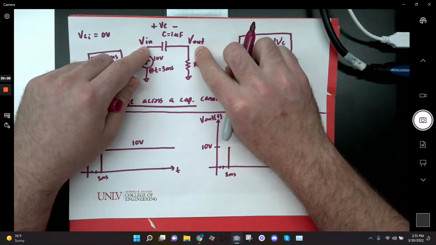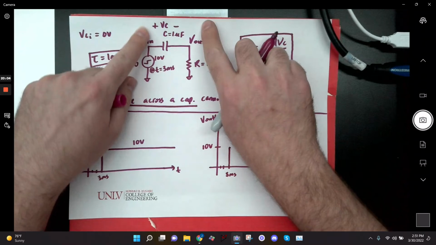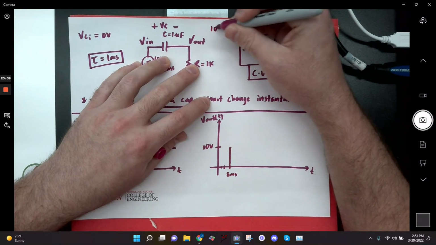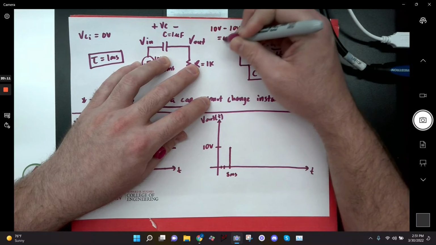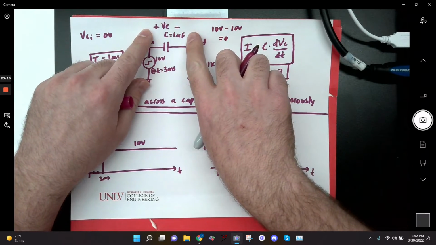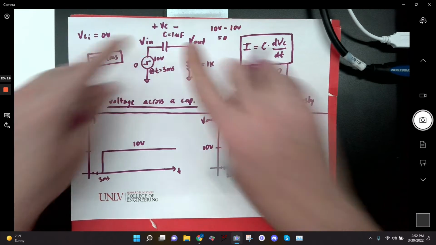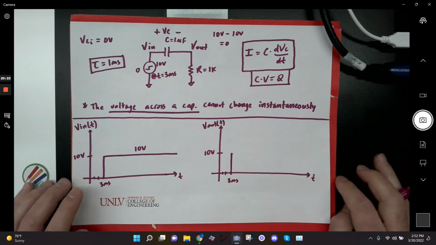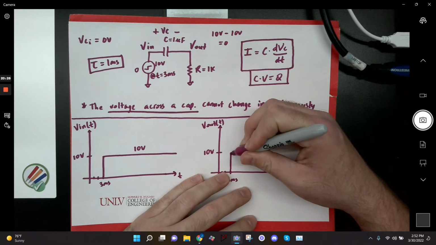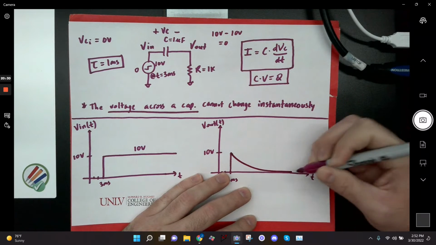And the reason it's going to do that is because now at this instant, my voltage across the capacitor is still 0, right? This node went up to 10. This node went up to 10 with it, right? So the voltage difference there is 10 volts minus 10 volts, which is still 0. That's okay. These nodes can move instantaneously. The difference across the capacitor cannot, because that would mean we dumped charge on the capacitor in an instant. Okay? And so now what starts to happen is the V out node will discharge down to 0,